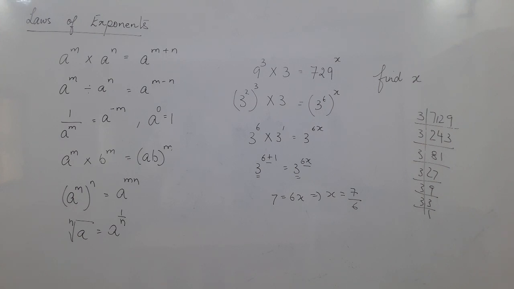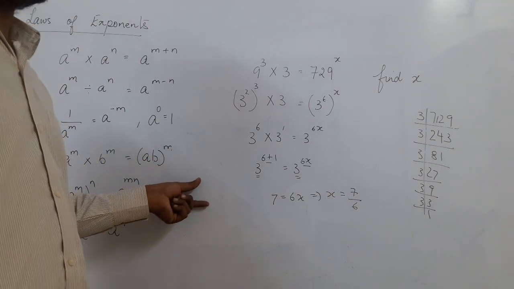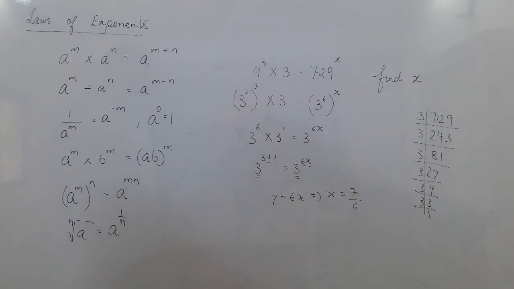Then we also learned to do what? Plot irrational numbers on the number line. How that is done, yesterday we did it. And also that rational numbers are written in the p by q form, but generally the q is not kept irrational, it is made rational. So we also did rationalizing the denominator. And today we have done the laws of exponents for real numbers. So here we end our chapter.